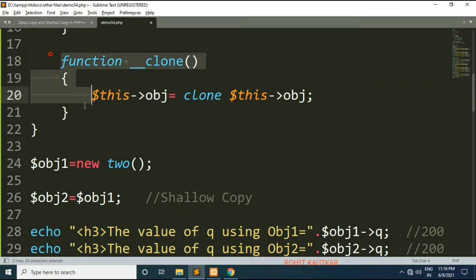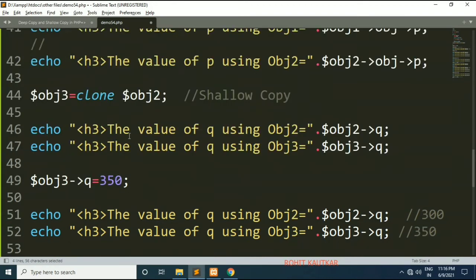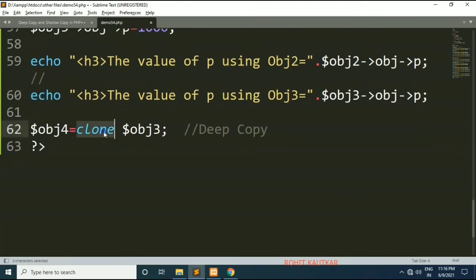We have overridden the clone method. That's why whenever we use the clone keyword now, we will have a deep copy instead of a shallow copy. You get a shallow copy when you just use the clone keyword and don't define the implementation of the clone method.